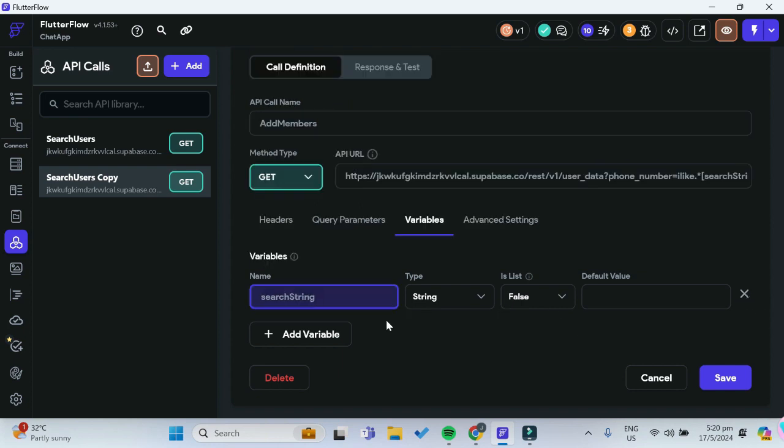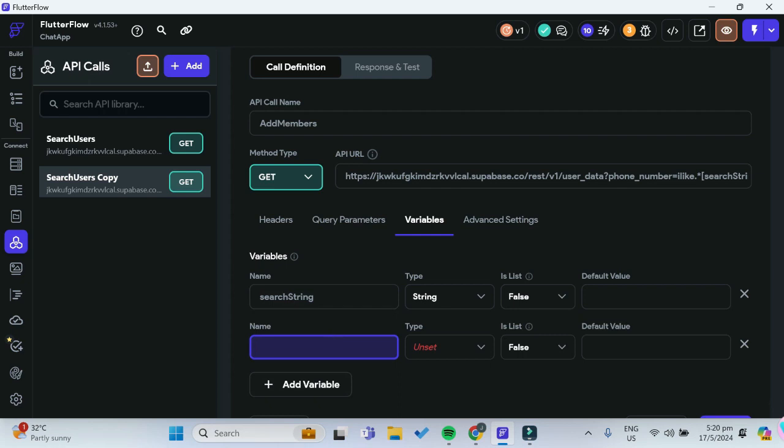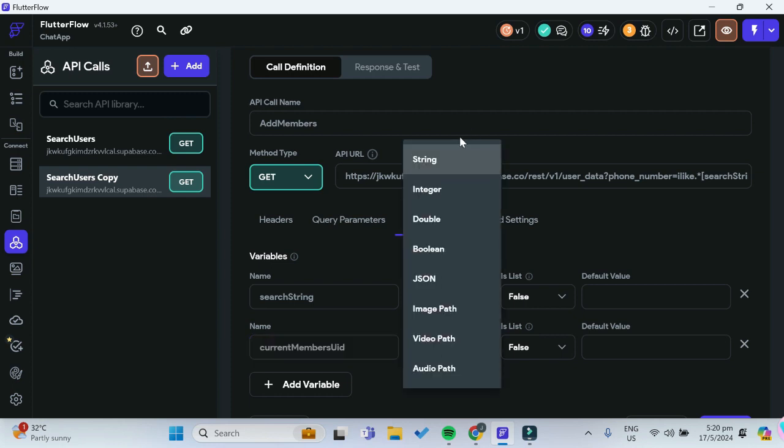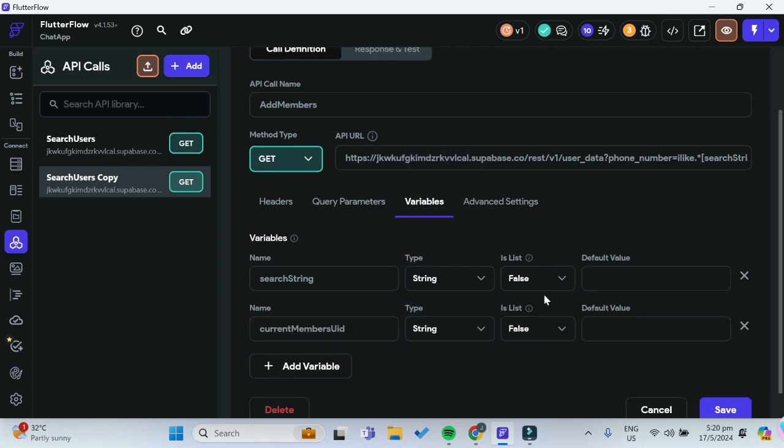So we'll just delete this one, but we need to add a new variable, and this variable will be current members UID. It will be of type string, and for the isList property, we will set it to be false for now, and there's a reason why this is so,